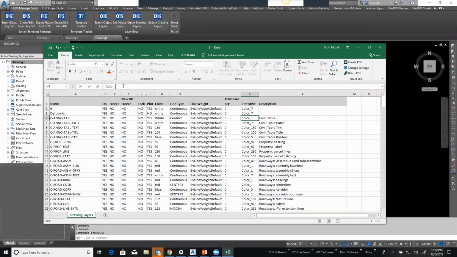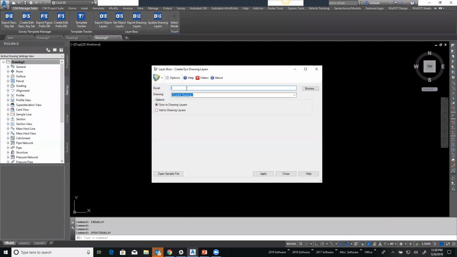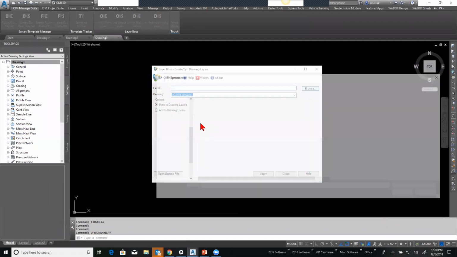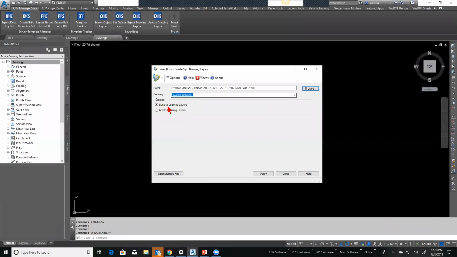And then this is here, so when I go from 18 to 19 and I want to rebuild my template from scratch, it's here. The benefit to this is, again, if I say save, and now I say close, update drawing layers, and I say browse, and I browse to 2, say open, current drawing, sync to drawing, I'm going to say apply, it's going to run,